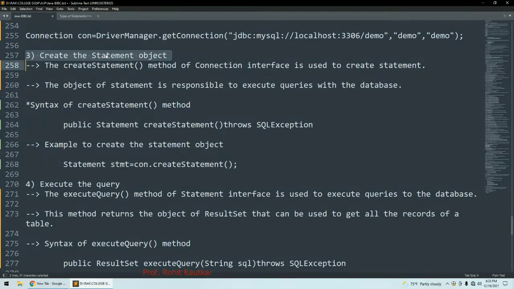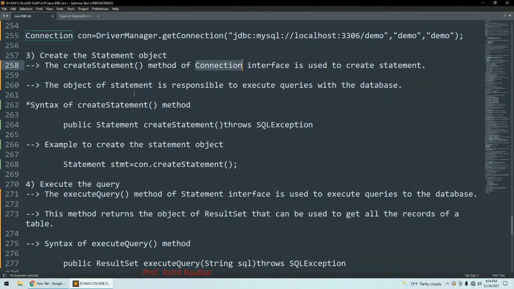Now friends, why are you establishing a connection with your database? Because you want to execute certain queries, and in order to execute queries on your database, you have to create an object of Statement. To create the object of Statement, we will use the createStatement method of the Connection interface.